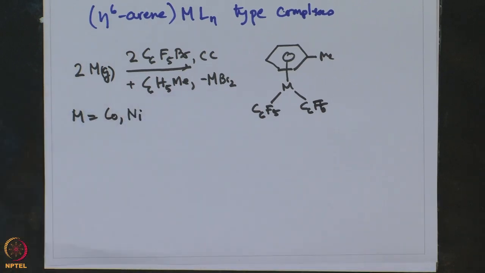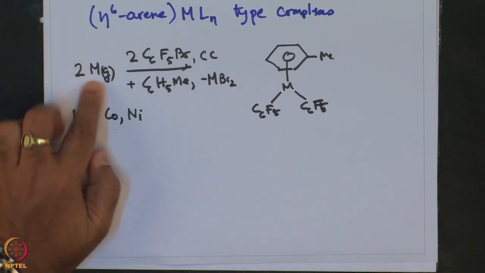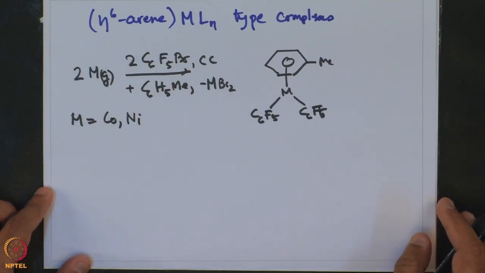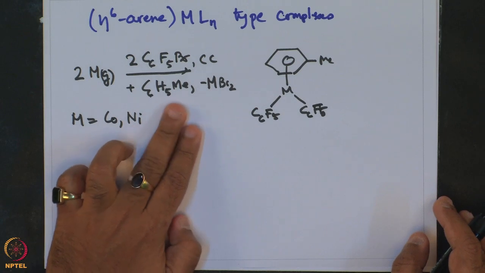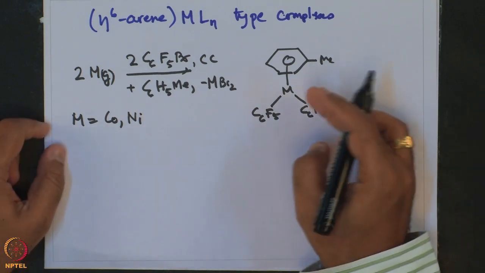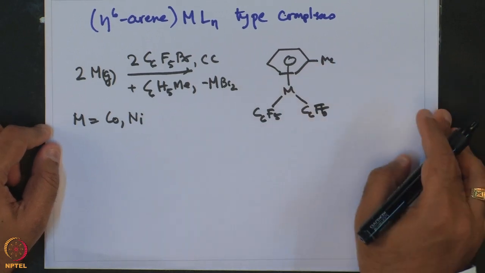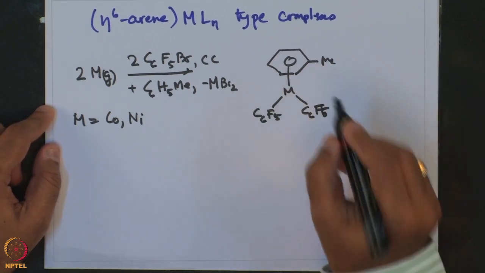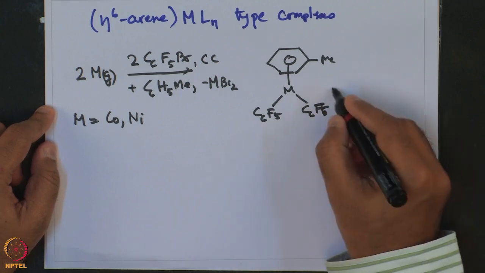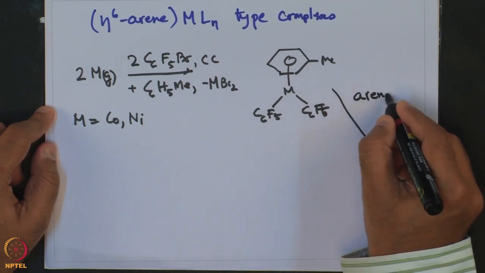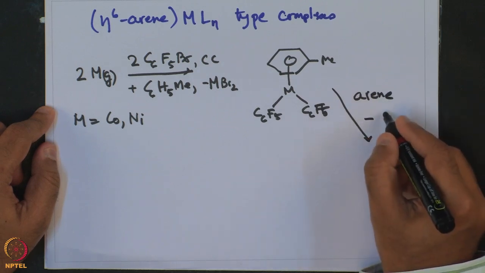So, this is a co-condensation method involving the metal in the gaseous state with pentafluorobenzene bromide in the presence of methyl benzene, leading to the formation of MBr2, and this aryl complex, in the presence of arene, loses the benzene